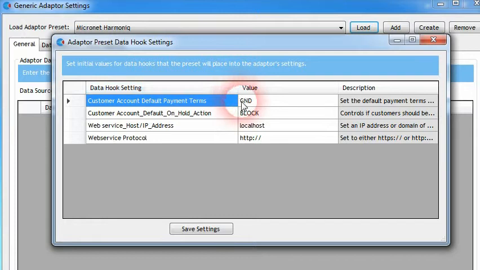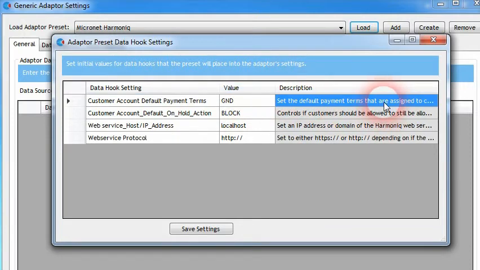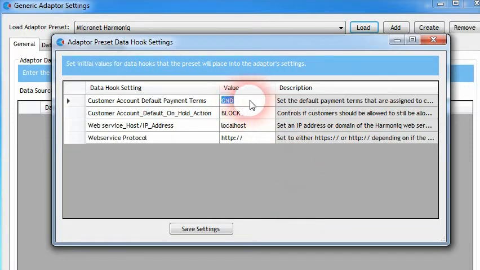Whether or not its default payment terms are based on a number of days before an invoice needs to be paid for by the customer, or it's based on other terms. So there are two values you can set. You can set it to a given number of days, or a number of days after the end of the month, which are the two different types of payment terms that Harmoniq specifies. And so what this means is that if an account within Harmoniq has no specific payment term set against it,